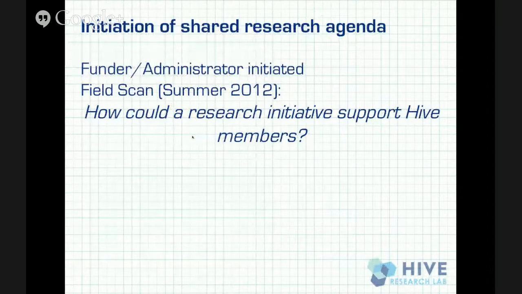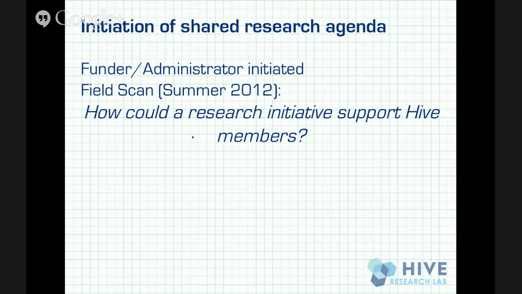So there is a collaborative donor fund that provides catalytic funding of programs and other initiatives in the Hive. And in 2012, they were interested in creating a research initiative within the Hive, but they wanted to know what that might look like in terms of supporting Hive members. So they approached Rafi, and then Rafi approached me, asked me to join, and do a field scan